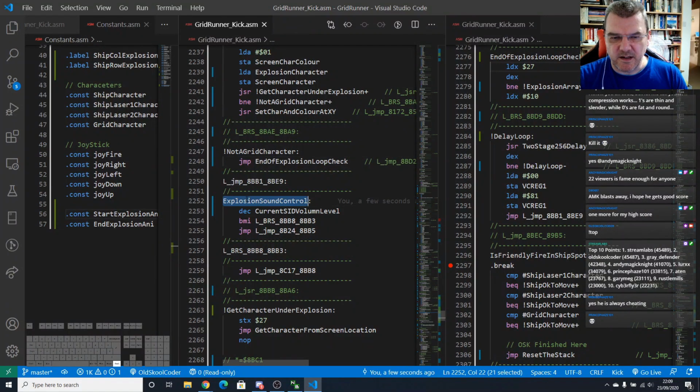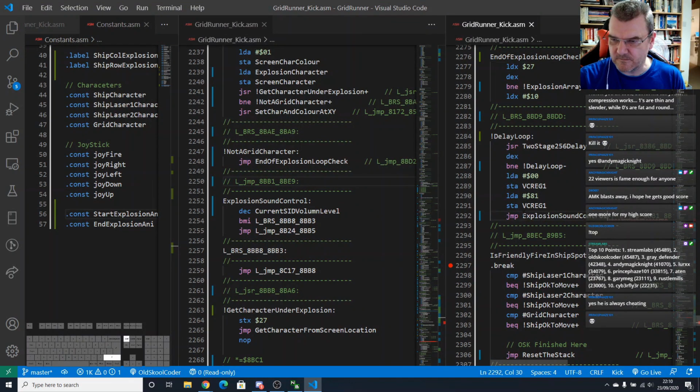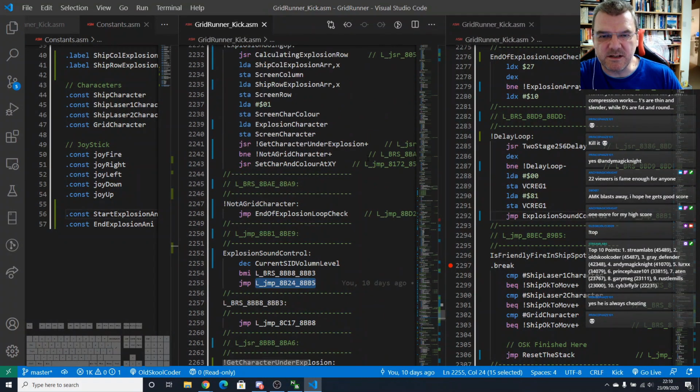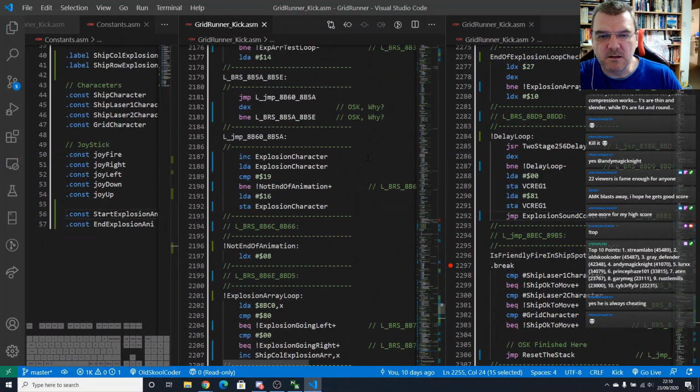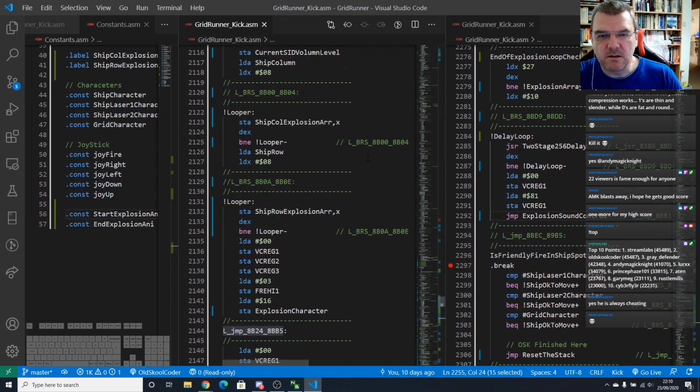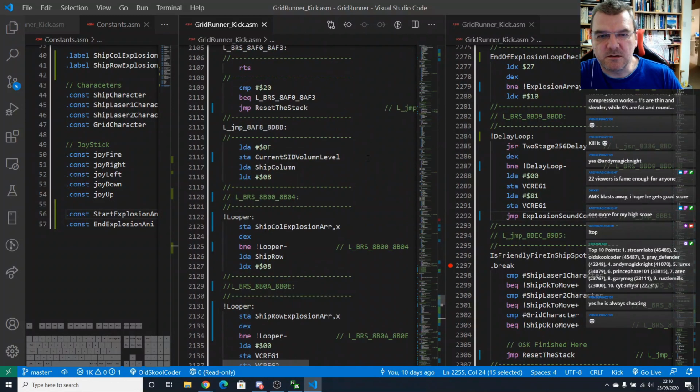So this is the explosion sound control check, which is that. So this should go red, which it does. So he's delayed, then he decreases the volume by 1. And then 8B24, is he looping back round again? 8B24, which is here, which is